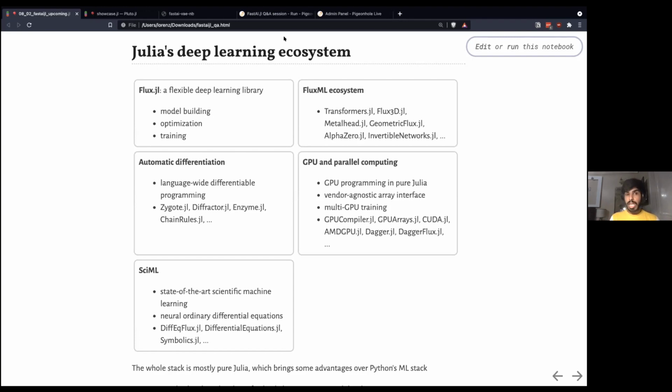But libblastrampoline can basically switch out your BLAS library at runtime, which means that now we can inject Flux with the support for MKL and Eigen and so on, without changing any single line in Flux at all.